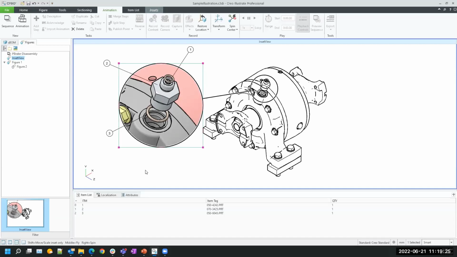One question around inset views, that is, can you have different renderings to insets and main assemblies? Yes, I believe that's what Jeff's showing right here. But I can let Jeff speak more on that. So basically what happens here is when you set the camera